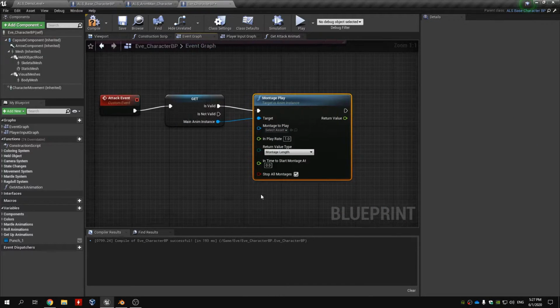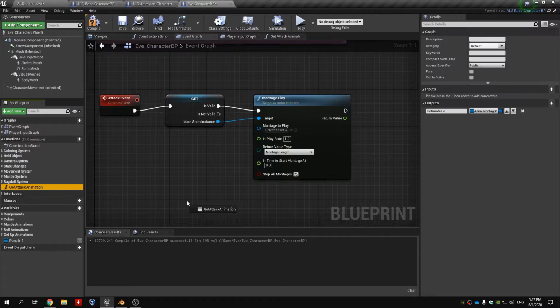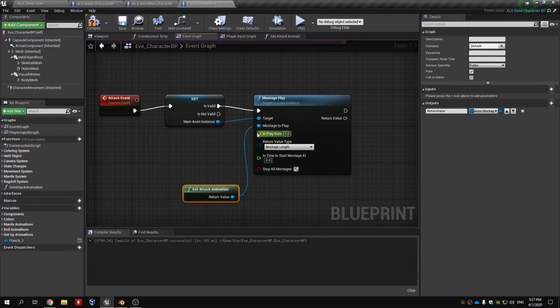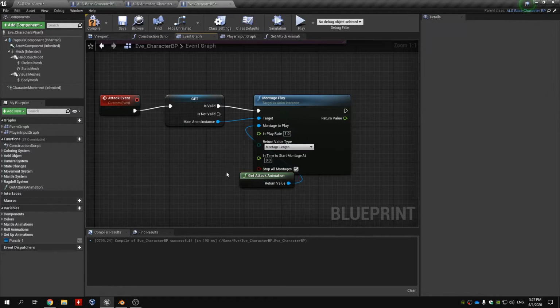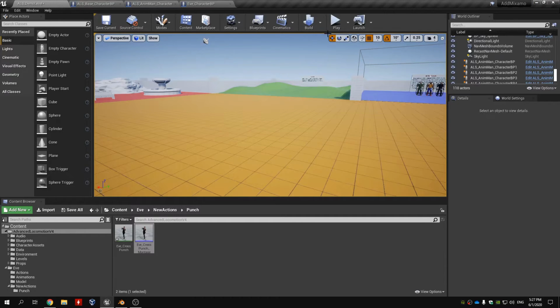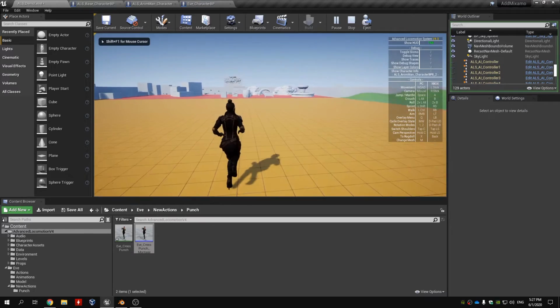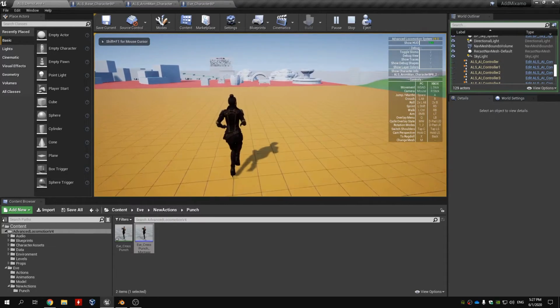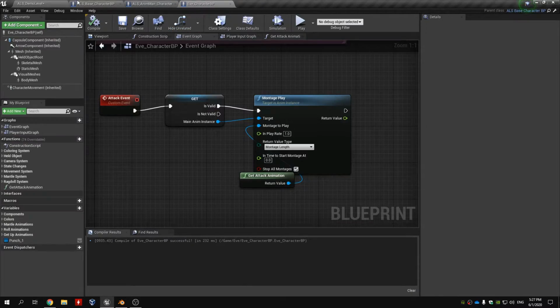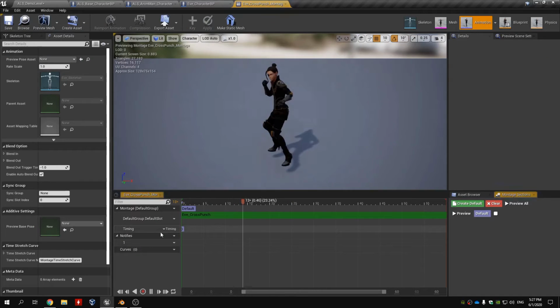So the montage to play is the return value of get attack animation, and switch it to a pure function. Plug it in, and we can take a look. And when you press and nothing happens. Why? If we open the montage,